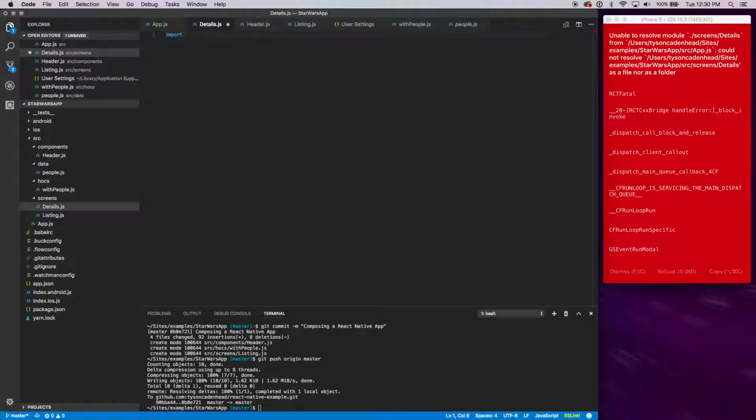I'm going to say import React from React. It's just the basic building blocks of a React component, so you know the drill at this point. We're going to get View, Text, and StyleSheet from React Native. I'm going to make a component called Details. It's going to take props, and it's going to